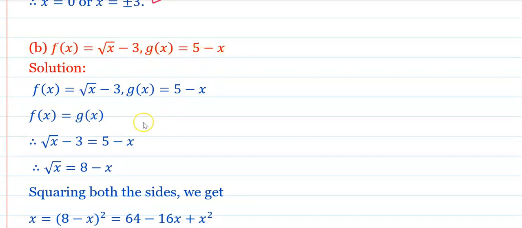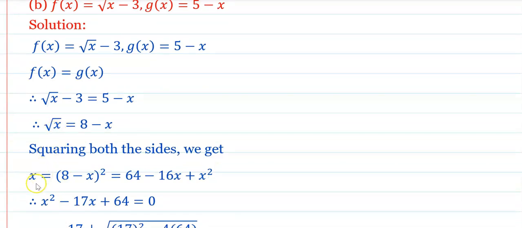equals to 5 minus x. Again f of x is equals to g of x. Root x minus 3 is equals to 5 minus x and therefore root x एका बाजूला root x ठेवणार, हा minus 3 पलीकडे जाणार, that will become plus. Okay, plus 3 होणार तो 5 plus 3 that is 8 minus x जसा squaring on both sides, that is a